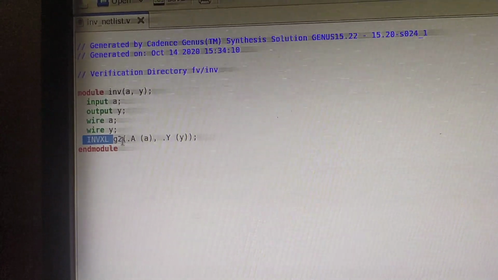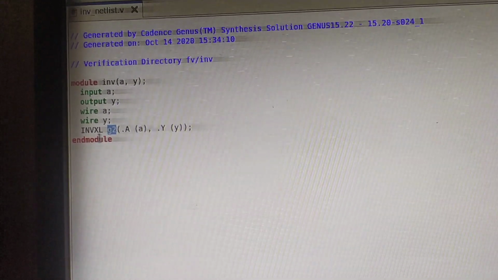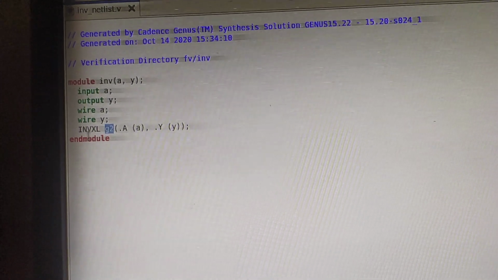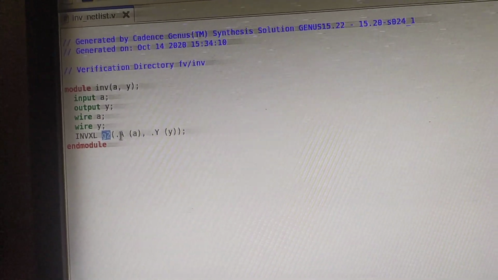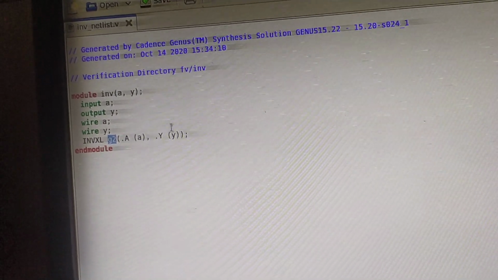G2 is the label for the instantiation. Capital A indicates the inverter terminal, and the INVX1 input is mapped with the RTL using a dot. All of you need to note down this code. Then close this.